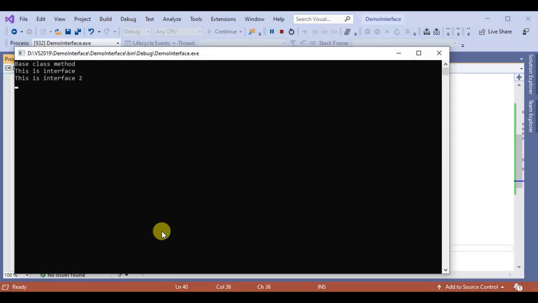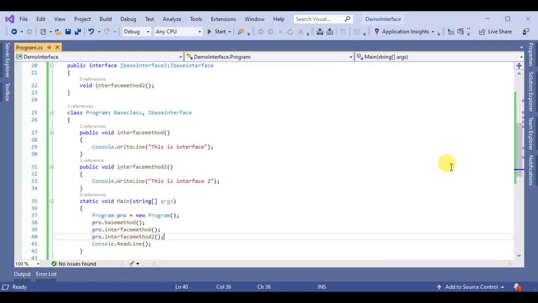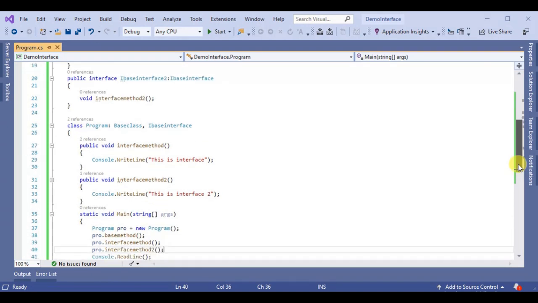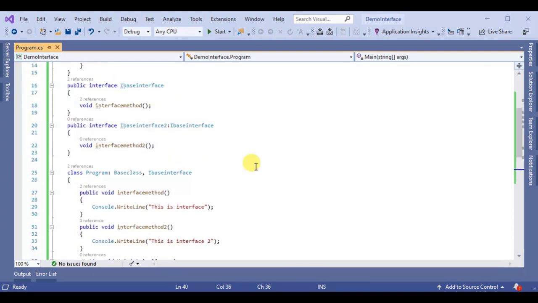So the output is as we expected: base class method, this is interface, this is interface 2. So the sixth point is proved here. We can inherit one interface into a second interface. So this is the sixth point: an interface can inherit another interface. So go ahead.